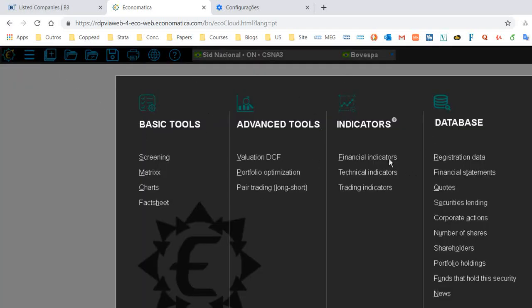Here you have a lot of information: basic, advanced indicators, and database. In the basic tools, you have an overview of the company in the fact sheet. I wrote something in the instructions. You can take a look at the fact sheet. You could also take a look at